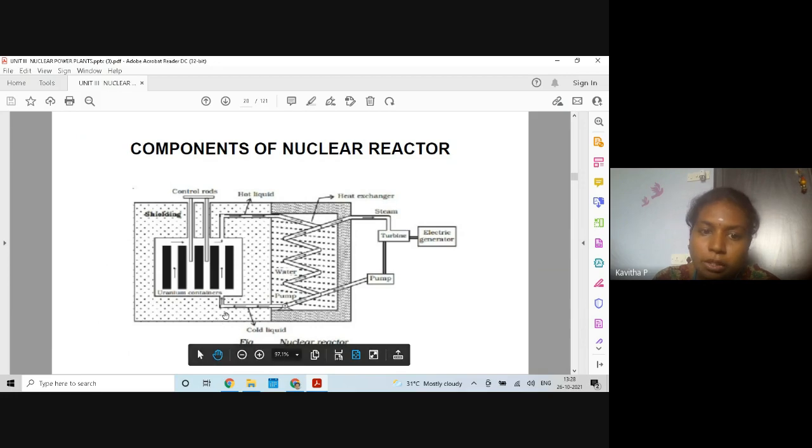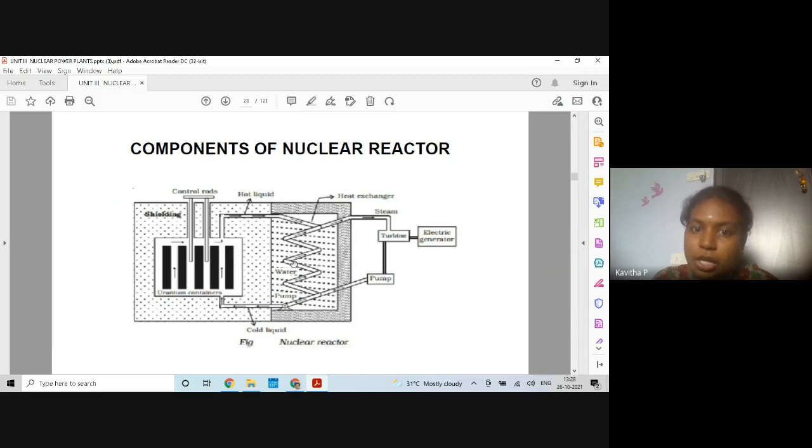The cold water running inside the reactor will come out as very hot water, and this hot water will flow through a heat exchanger, which will transfer all the heat energy into the water in the other medium. Over here the water is getting converted into steam in the heat exchanger, and that steam enters the turbine, which rotates the turbine blades coupled to a generator to produce electricity. The exhaust steam from the turbine is condensed and pumped into the nuclear reactor again. So this process keeps on continuing.